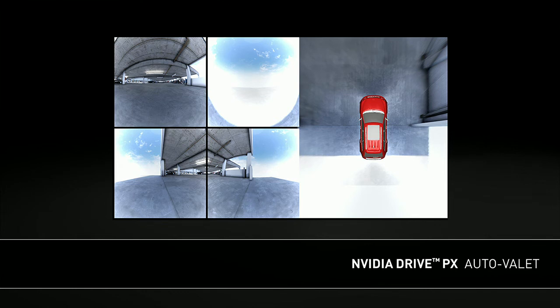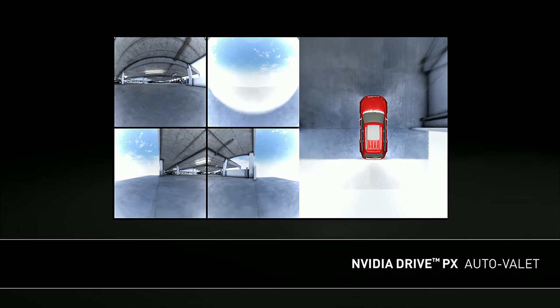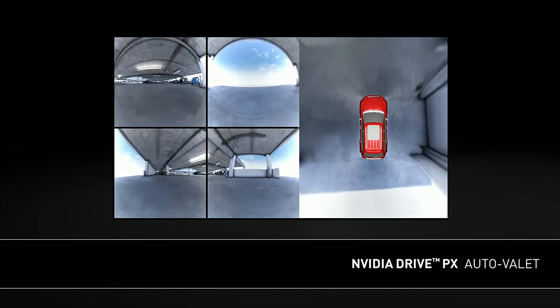So what this visualization shows on the left, we've got the 4 camera inputs. Those are generated in the simulated environment. It will look familiar to you. It's the parking garage we just showed. On the right is one of the surround vision visualization modes we have, which takes the 4 camera inputs and warps them to show a simulated top-down view. I'll let this run a little bit, and you can see as we move around through this environment,